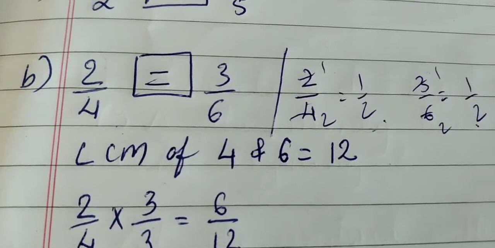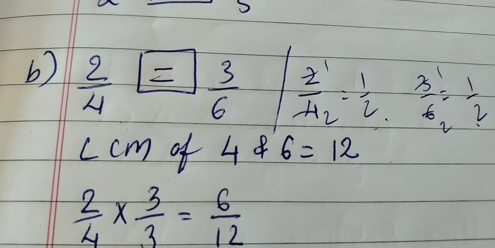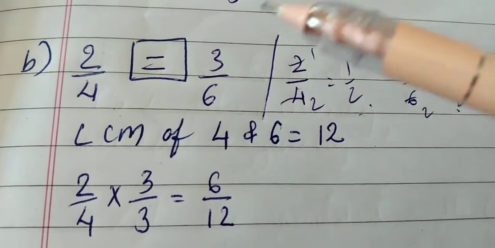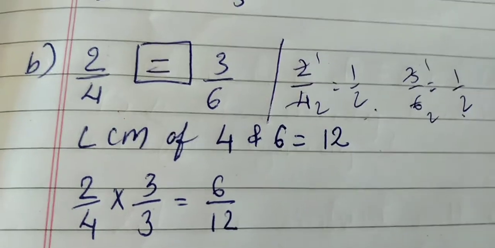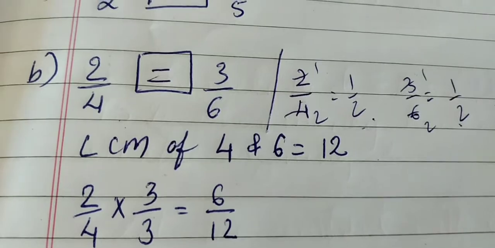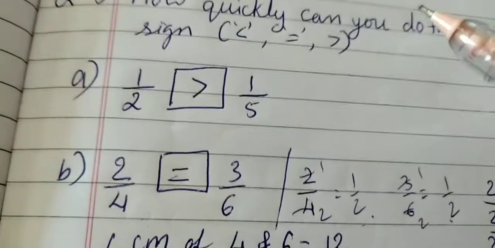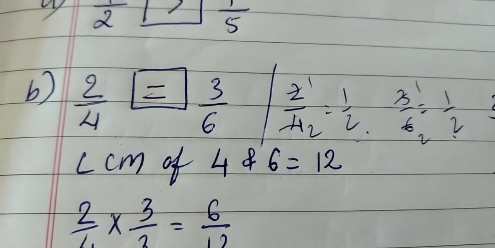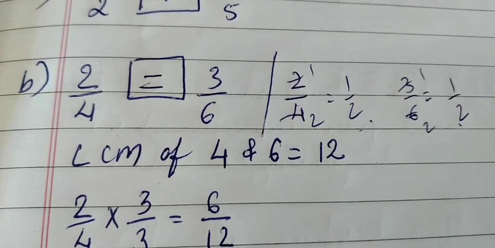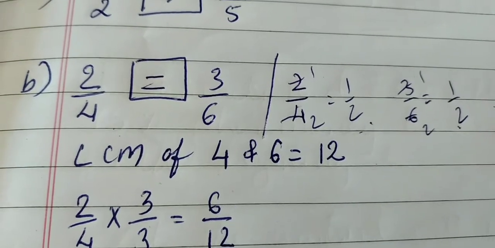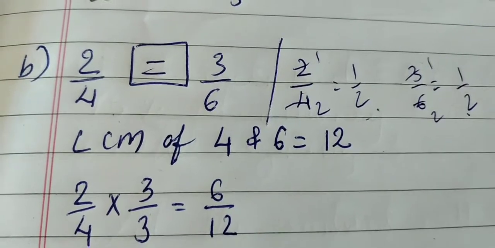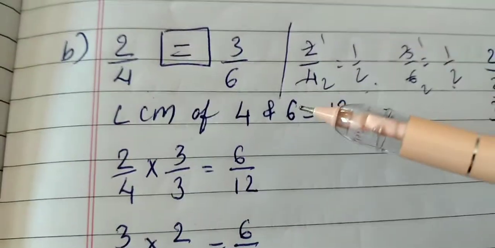If you know the multiplication tables properly, you can do the cancellation and find out the reduced form of both the fractions and tell that they are equal or greater or smaller than. But if in case the two fraction numbers are in reduced form and neither their numerator is same nor the denominators, then you have to carry out the process like this, which I have done